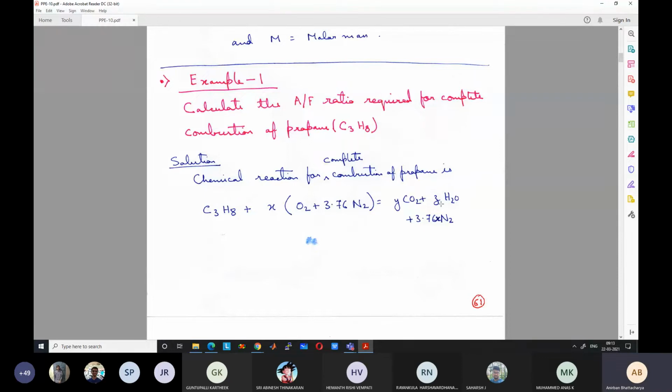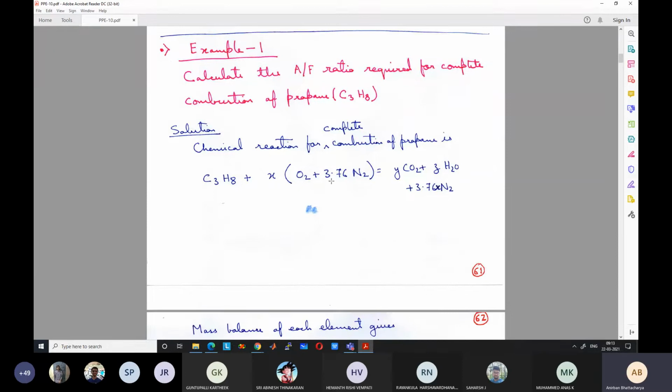The nitrogen still remains as nitrogen, because for this reaction it does not directly take part unless the temperature goes to very high values. If the temperature goes beyond 1500 degrees centigrade, then some small amount of nitrogen gets converted to nitrous oxides, which we call NOx, which is again harmful. But in general, we will ignore that part. We will just assume that nitrogen remains as an inert gas.